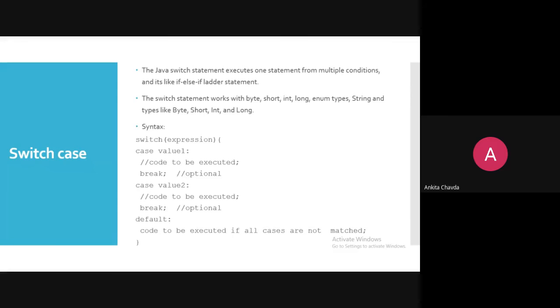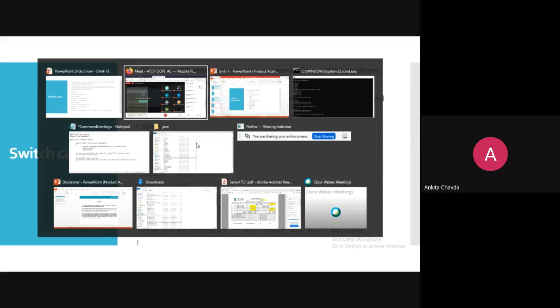Switch case expression will work even with the enum types that we have already seen at the time of C++ also, right? We were having one experiment related to that. So here I'm having switch, then we are putting some expression, then here we are having a keyword that is case, and this case will be decided based on your expression, that what you are taking over there. If you are taking integer expression, you can write the case